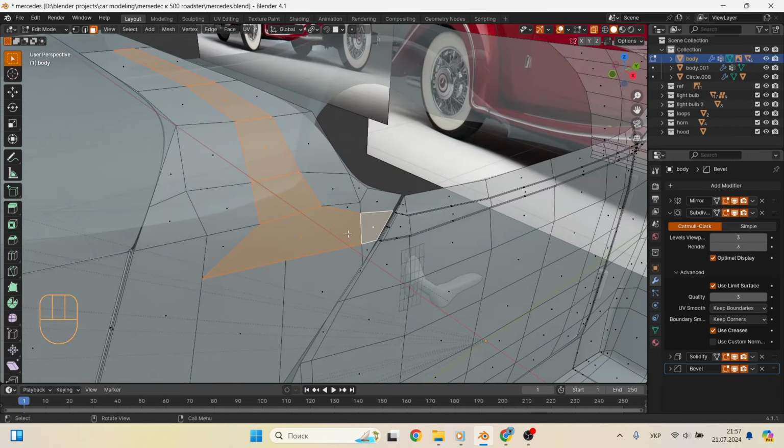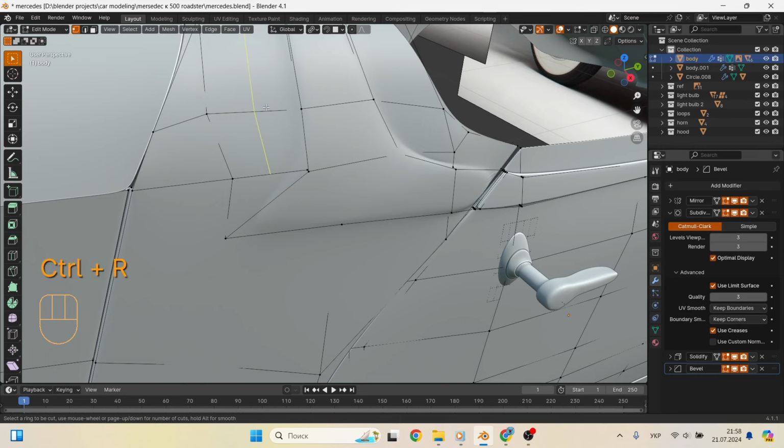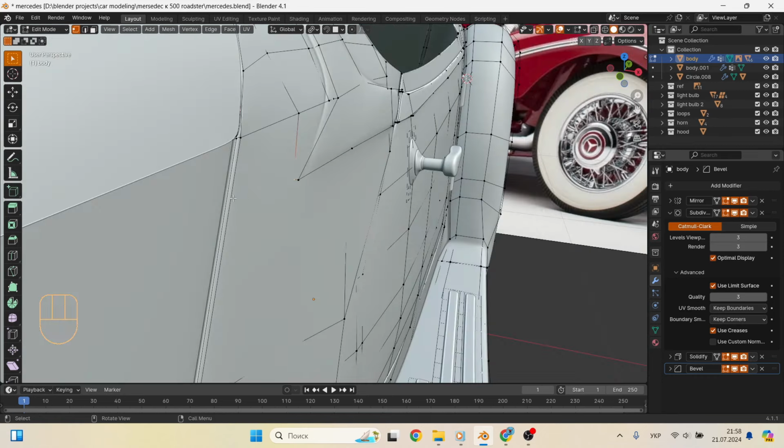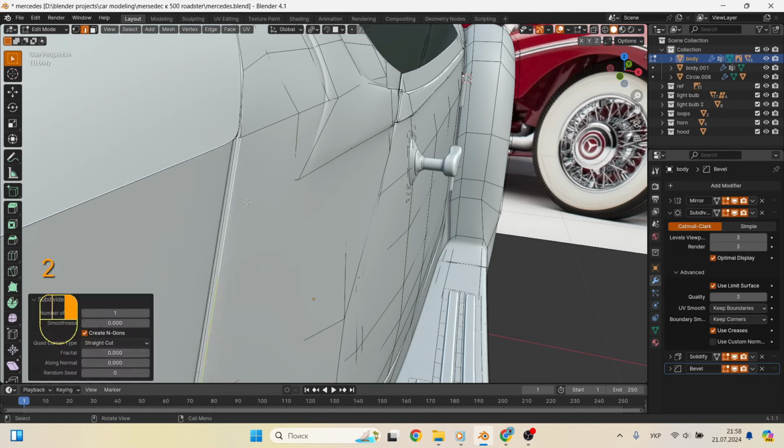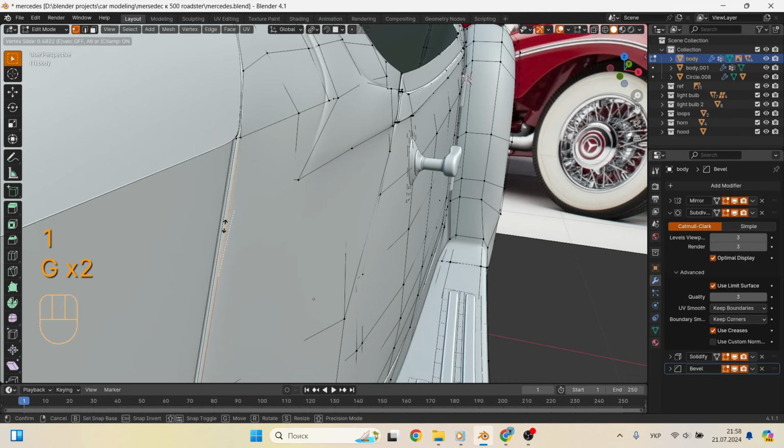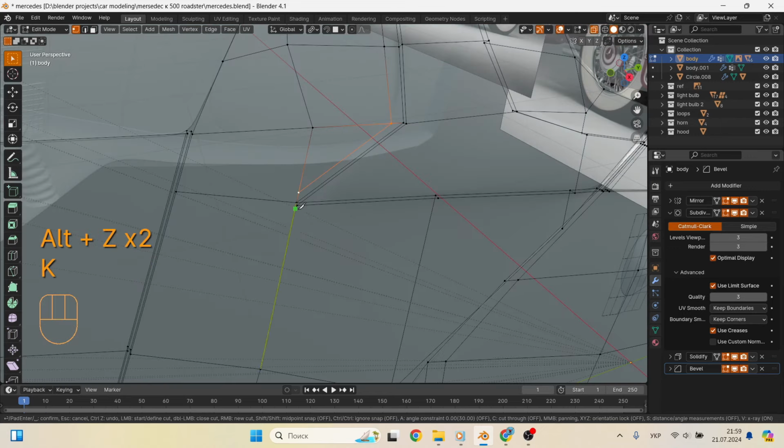And use the combination Alt-E to extrude faces along normals. When we have extruded the faces, we again come across the fact that the edge is not clear. Therefore, it is necessary to add more edges along the perimeter of the molding. And here again this wonderful tool, the knife, comes to our rescue. With its help, we add grid elements where we need them with light movements. It is cool, easy and fast.